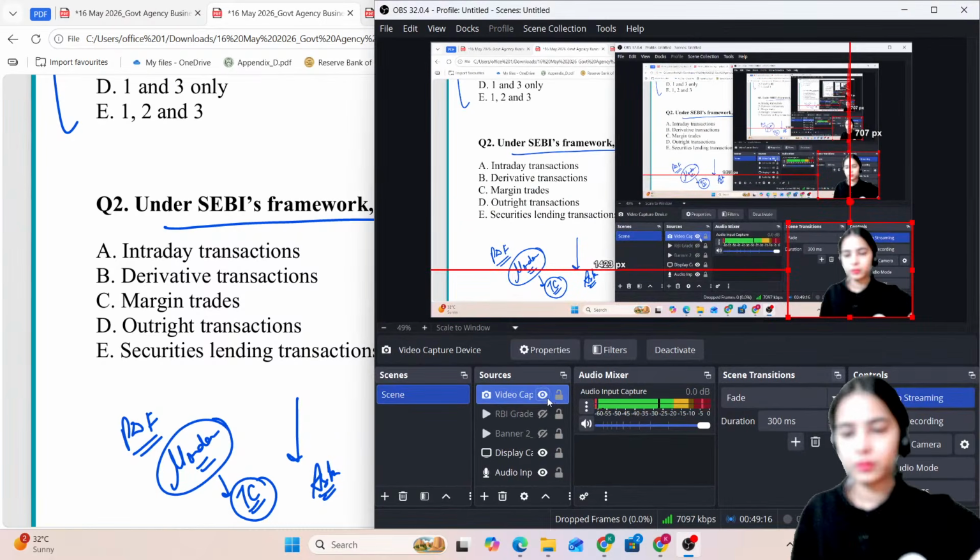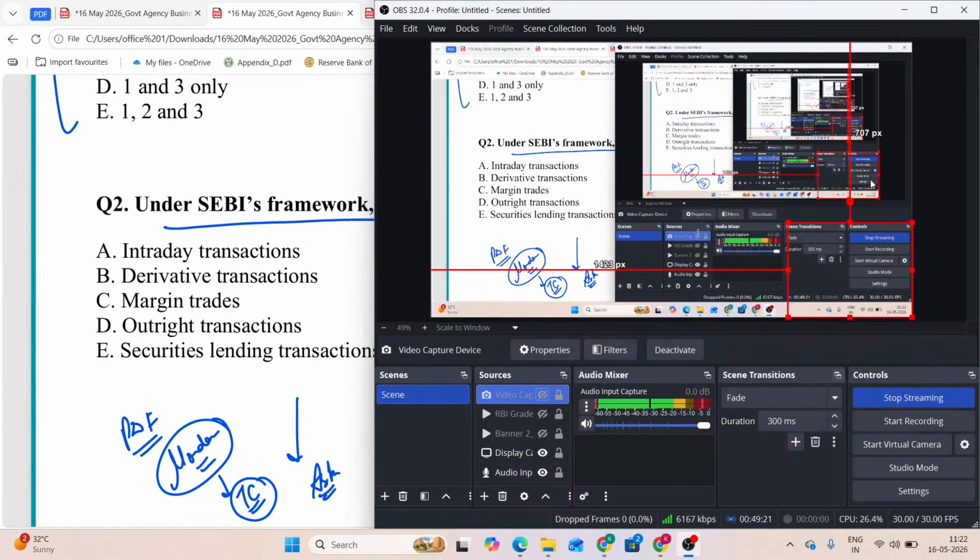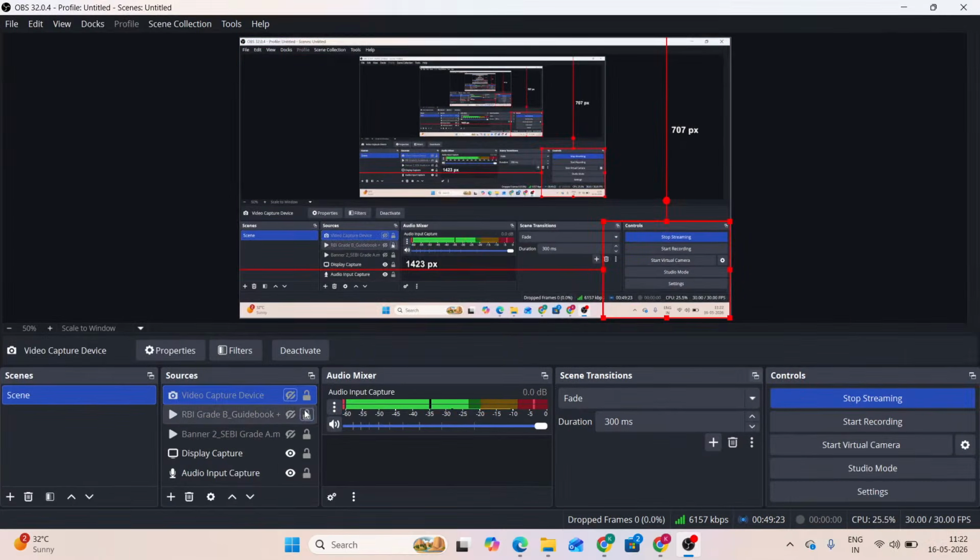And sorry for the camera issue. I don't know why it happened. But if I close the system, then the whole